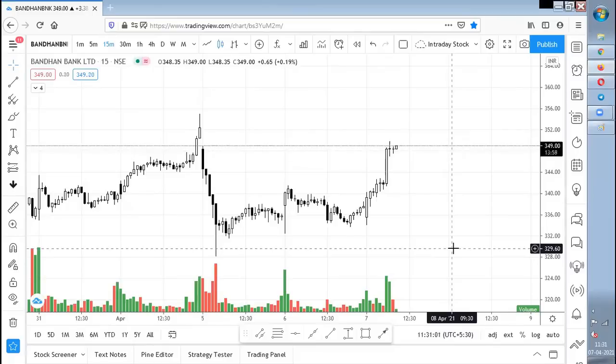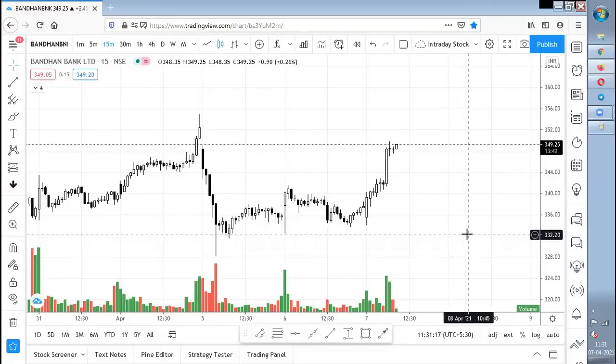Clear? I also told about the disadvantages in option buying. Sometimes the option price does not get executed, and you need to give a market order, and at that time the stock price can be up or down, but you need to accept whatever you're getting. Clear? And that is how I showed you one example of Bandhan Bank, and that is how I traded in Bandhan Bank. So this is all from my side on this video, and in the next video I'll cover